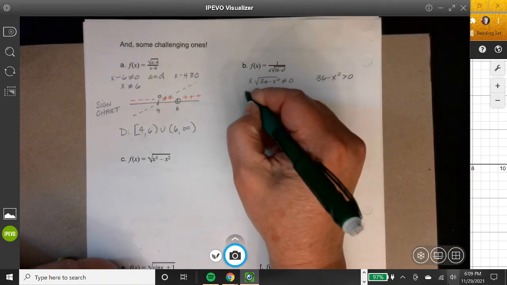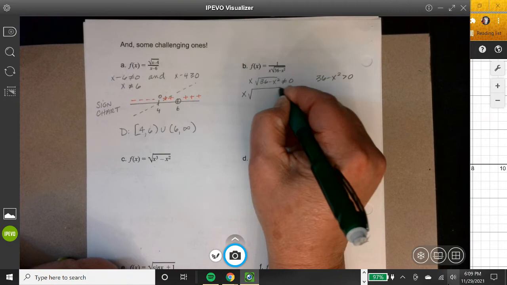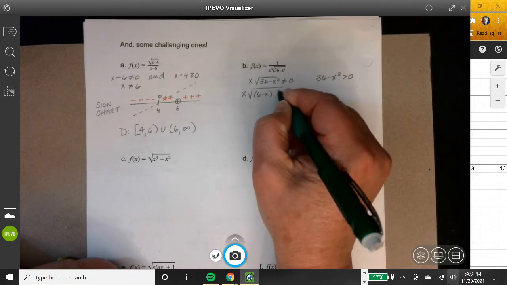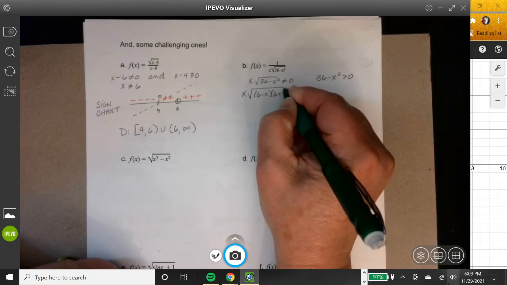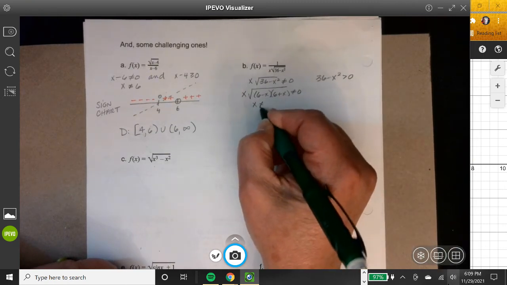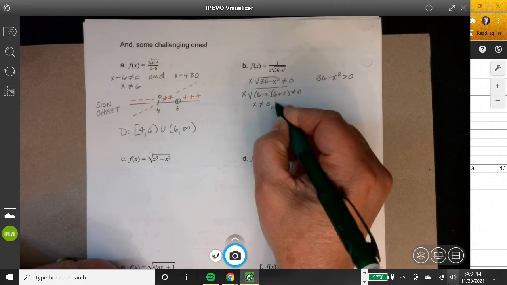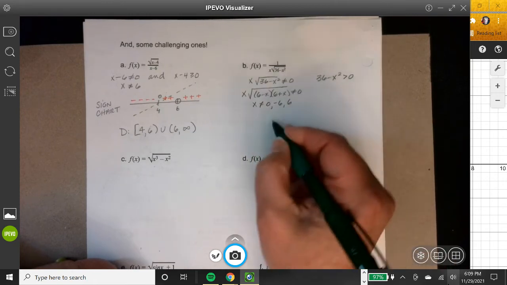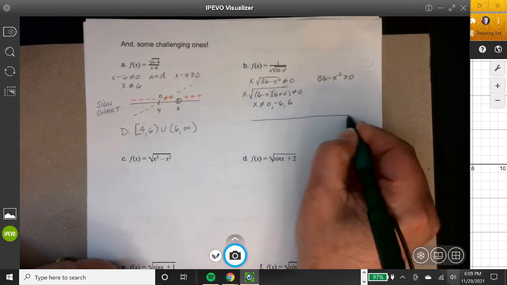So I would say this, x times the square root of 6 minus x times 6 plus x can't be 0. So when is it equal to 0? Well, 0, -6, and 6. So on my number line, combined with my sign chart here,